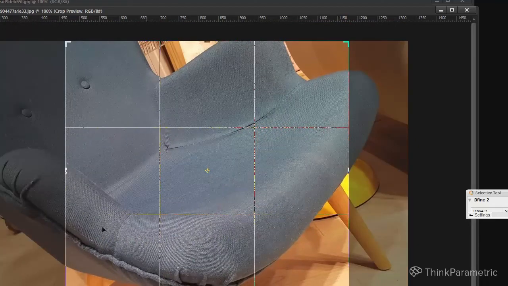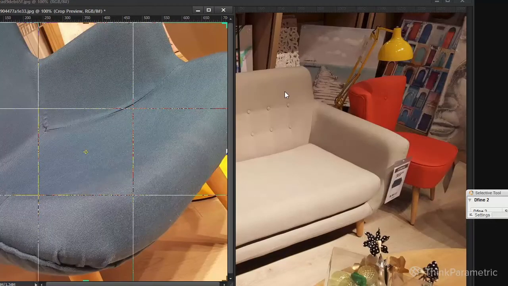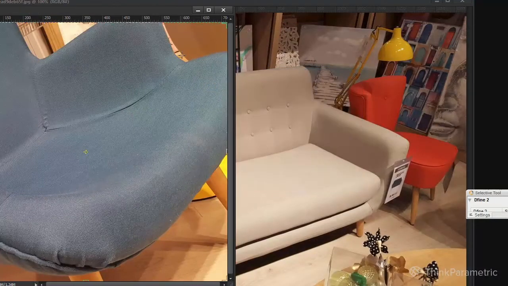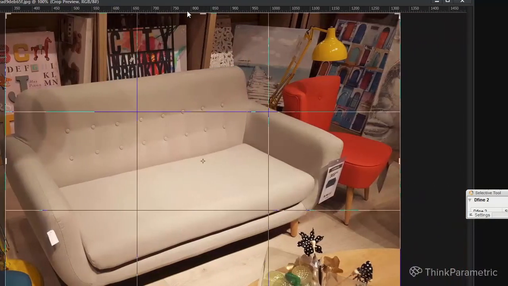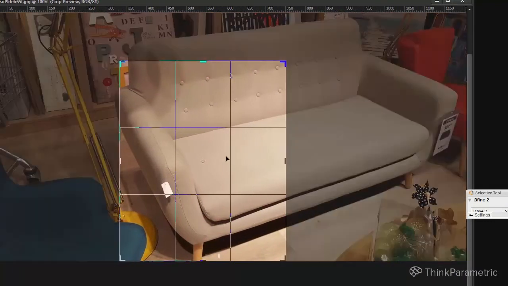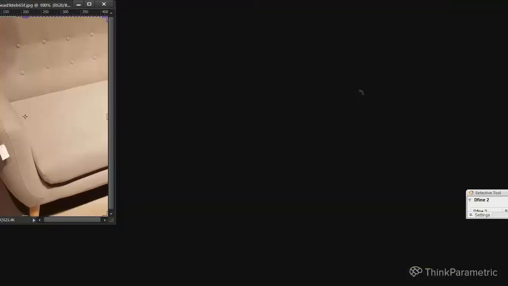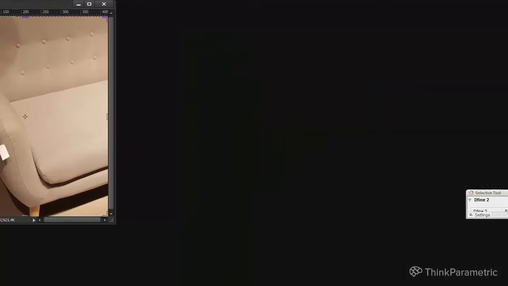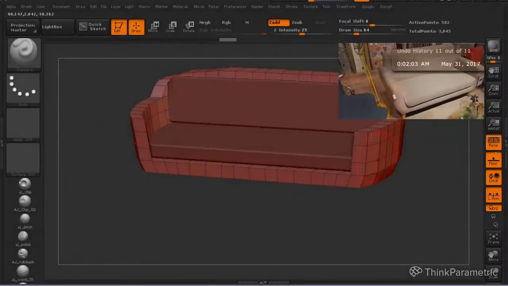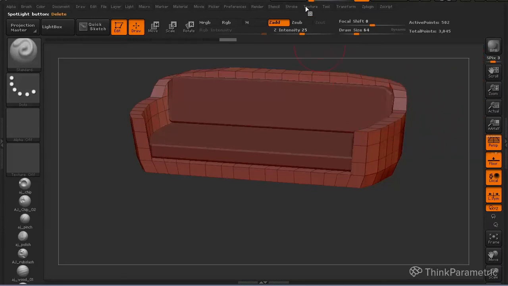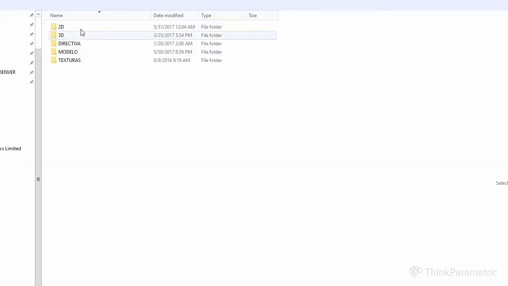Okay, pretty much here and here we have a really good reference of what we're looking for. Once we have this, we can delete this one and import our references.